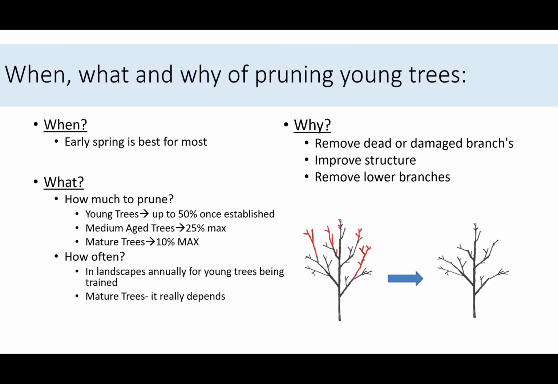So first of all, when is the very best time to prune a tree? From a plant health perspective, the very best time to prune is right before the trees leaf out, pretty much right about now, this time of year. And that's because right now trees are at a very high energy state, meaning they have a lot of banked energy from doing photosynthesis all last year. So a lot of energy to close wounds, to fight decay, all that. All of the tree's growth systems are also primed right now to start with the spring flush of growth. So wounds will close quicker, etc. So this is the very best time.